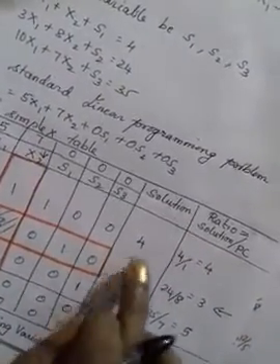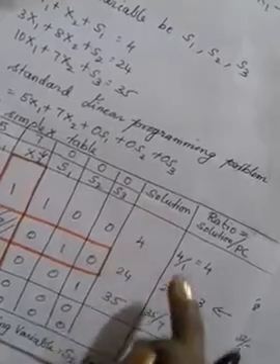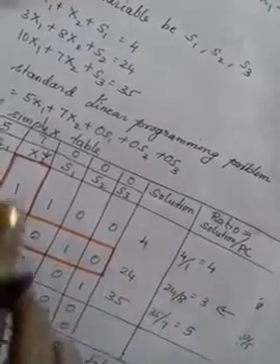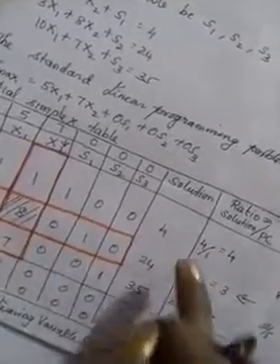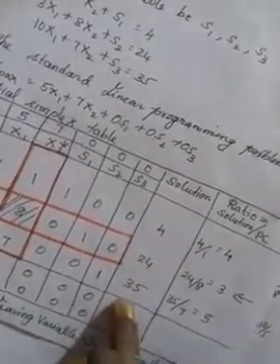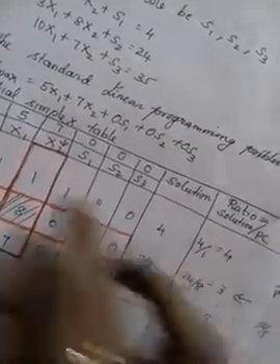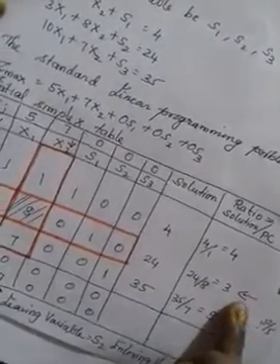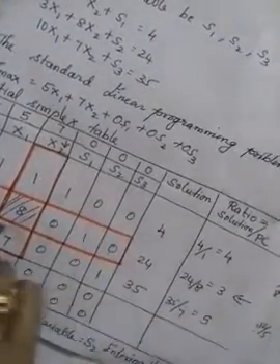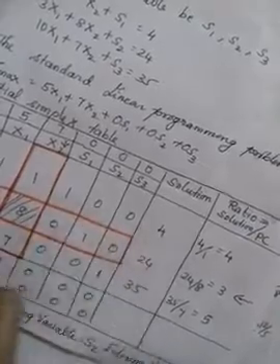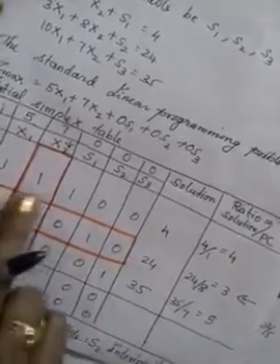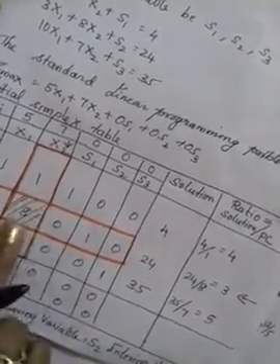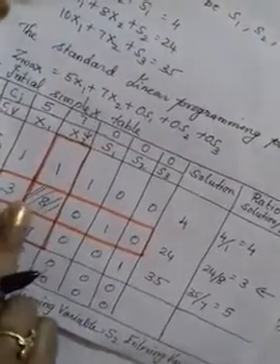Okay, the pivot column is 1, 8, 7, and the solution is 4, 24, 35. You have to divide both the values, so you'll get 4, 3, 5. Here you have to find out the minimum value. Okay, for the minimum value, the corresponding row you have to mark down. Within this box the number 8 is there, no, that is called the key element.